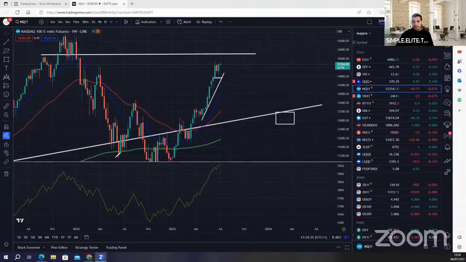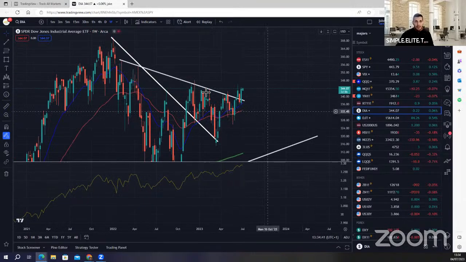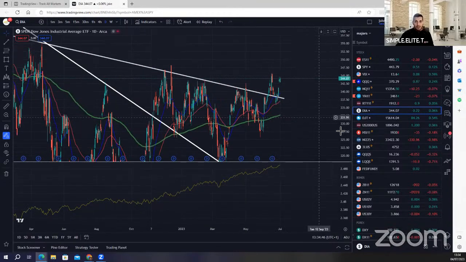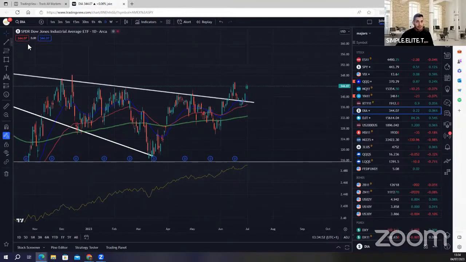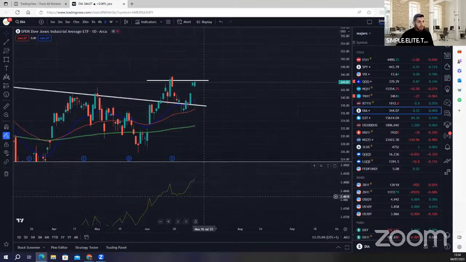So still bullish on the indices, because we can see as well, let's put the other indices. This Dow Jones is clearly breaking this channel here. Price is looking like it wants to break. Let's see if it's going to break this one as well. But you can see the bullish movement. As well, the ID line is pointing up, so it's good bullish volume there.